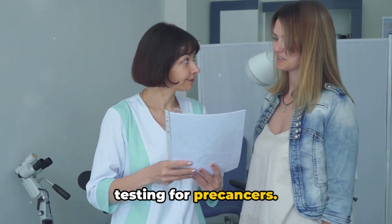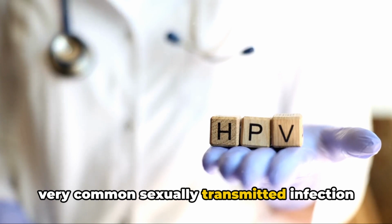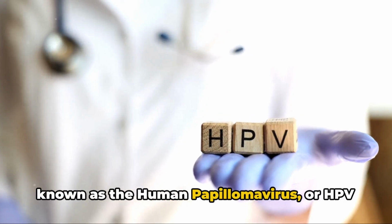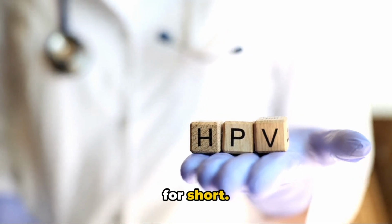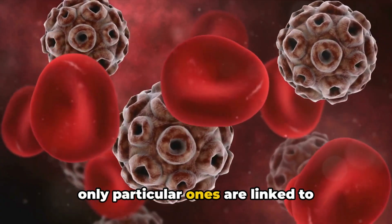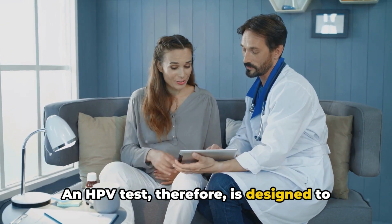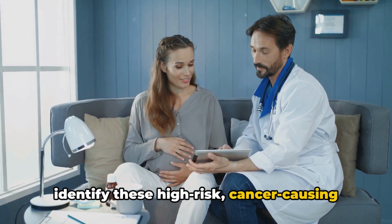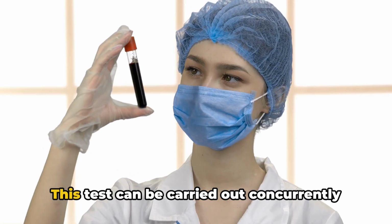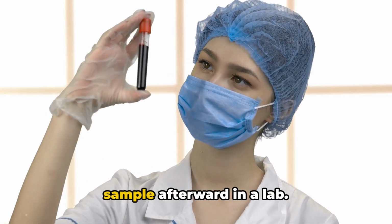with testing for precancers. Now, precancers are often caused by a very common sexually transmitted infection known as the human papillomavirus, or HPV for short. While there are countless strains of HPV, only particular ones are linked to cervical cancer. An HPV test, therefore, is designed to identify these high-risk, cancer-causing strains of HPV. This test can be carried out concurrently with a Pap test or performed on a Pap sample afterward in a